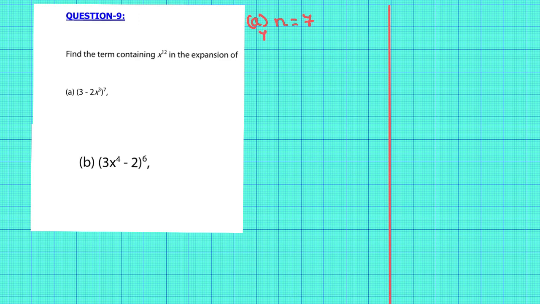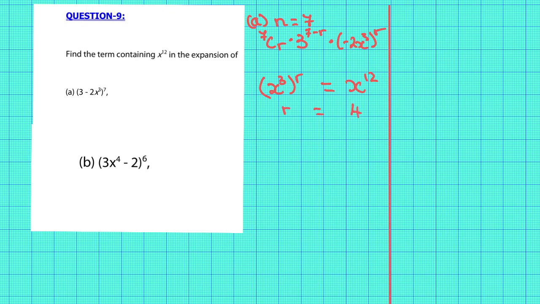Therefore, 7 choose r, 3 to the power of 7 minus r, (minus 2x cubed) to the power of r. Expanding to find r, x cubed to the power of r must equal x to the power of 12,